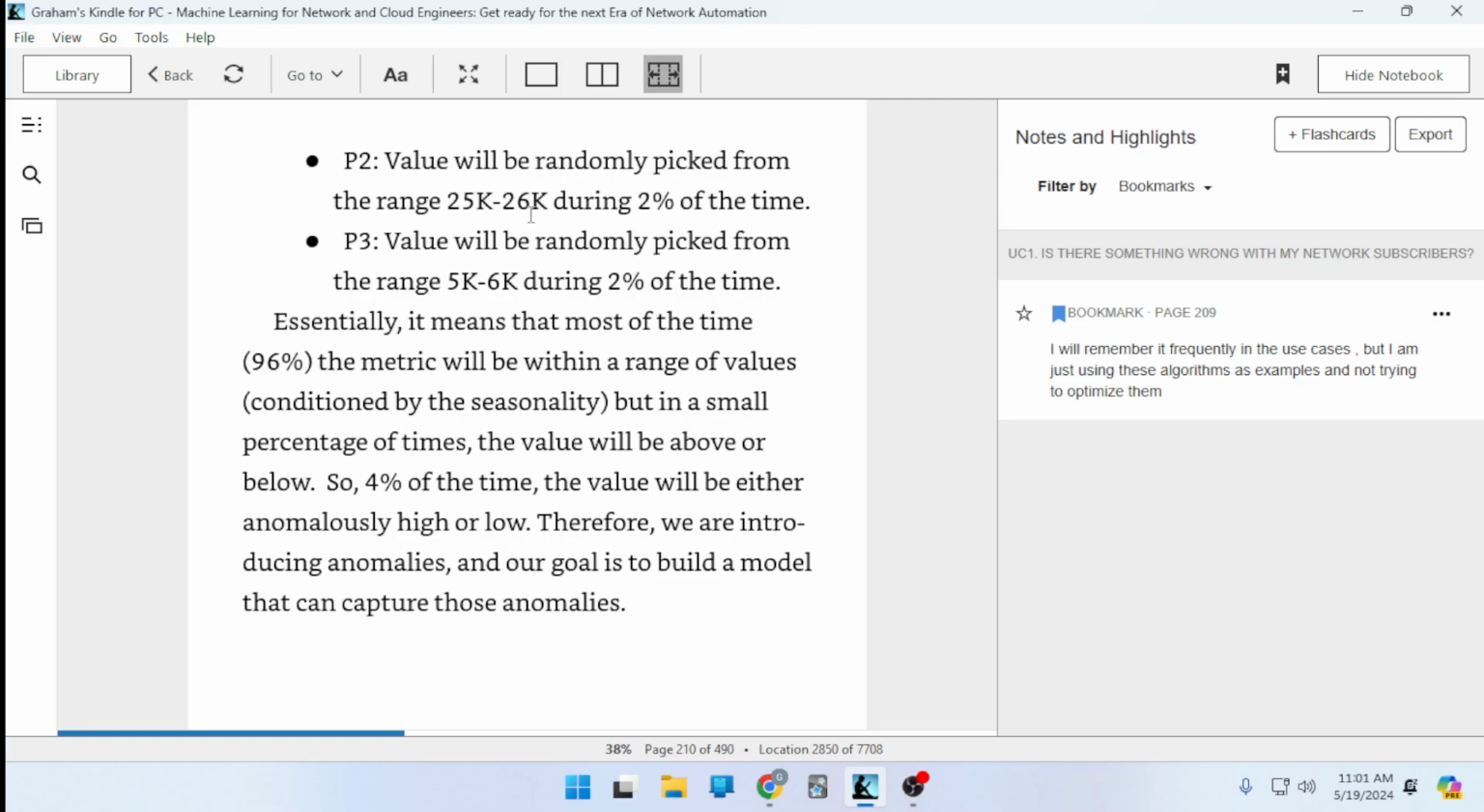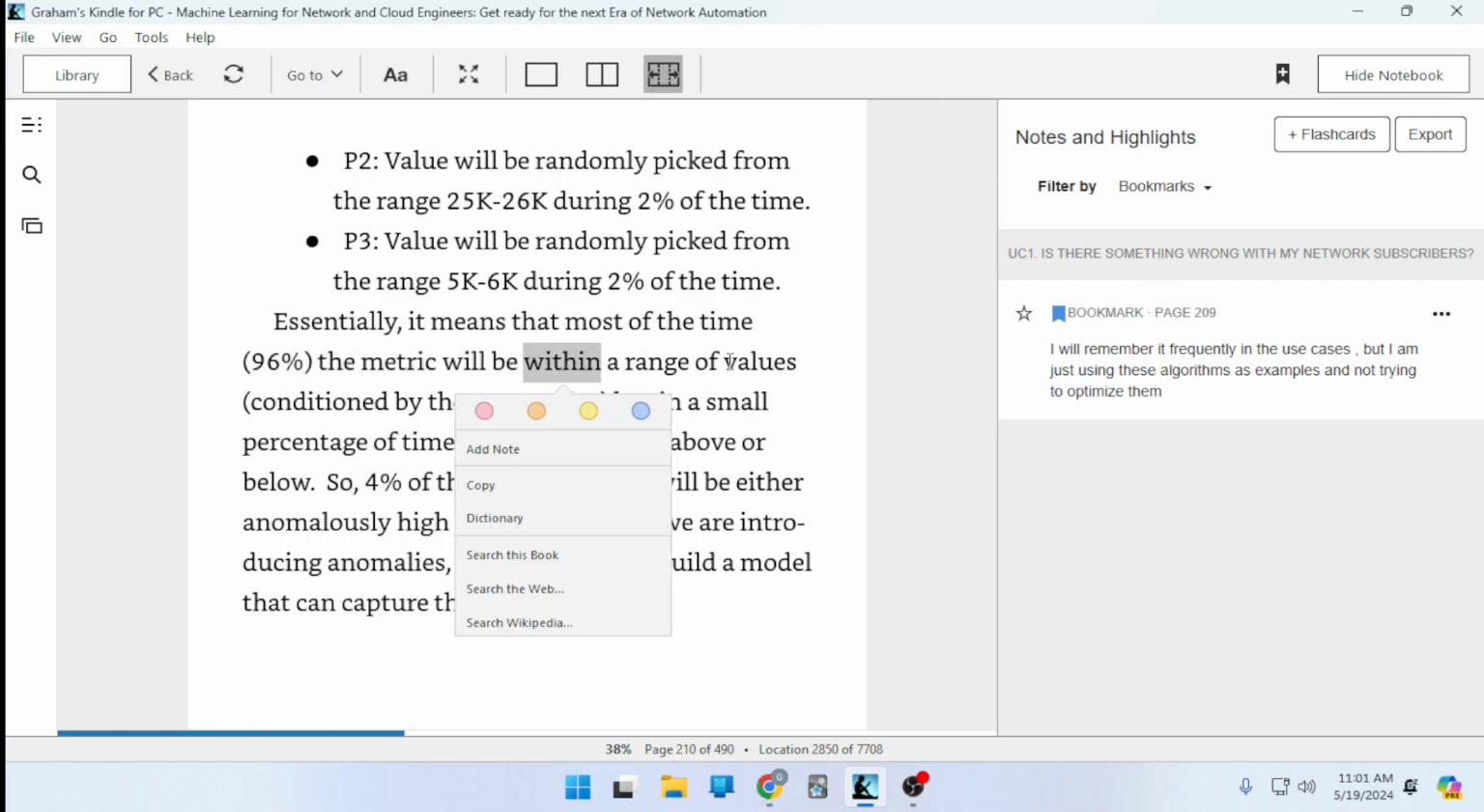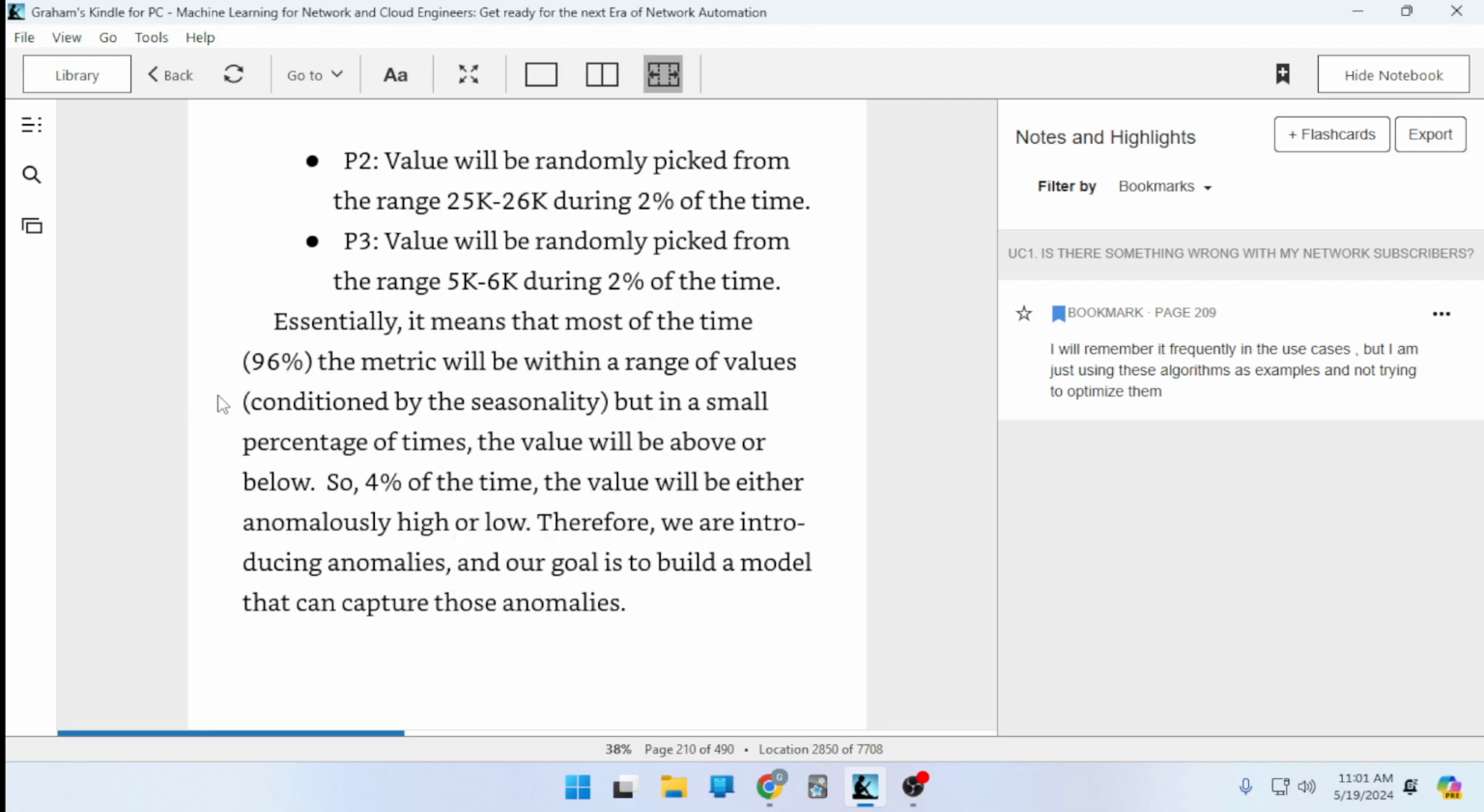P2, pattern 2, value will be randomly picked from the range 25K through 26K during 2% of the time. P3, value will be randomly picked from the range 5K through 6K during 2% of the time. Essentially, it means that most of the time, 96%, the metric will be within a range of values conditioned by